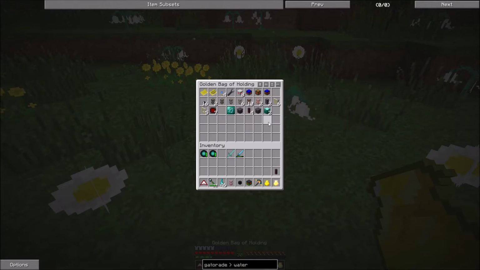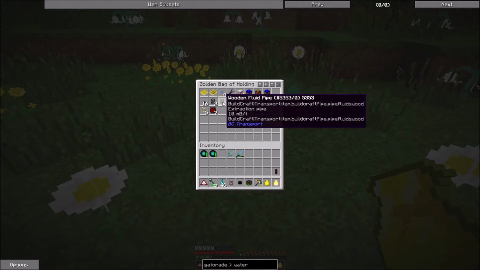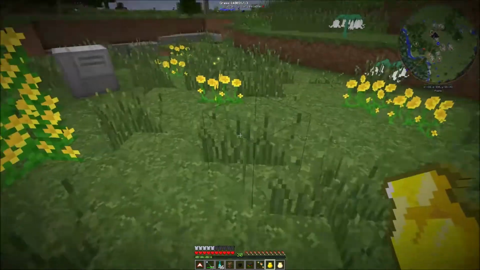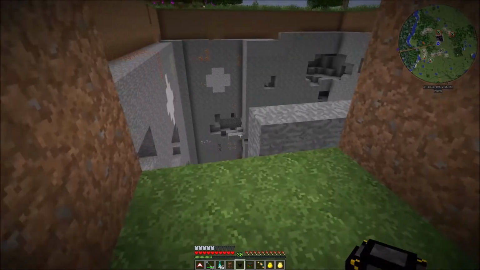I've got that one. Tell me if I'm missing it. Cobble, wood, transport. Oh my gosh. I just need some redstone. Really, I just need some redstone. It's got to be in here somewhere, and I'm just not seeing it. That's okay. Let's get out